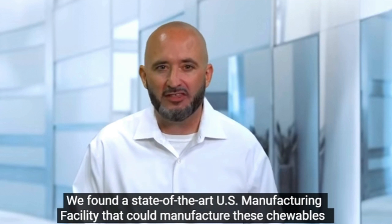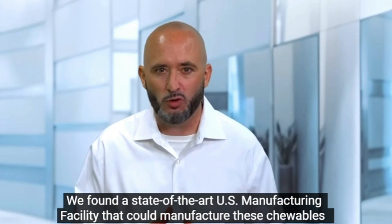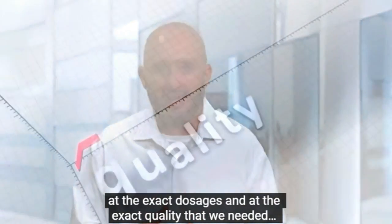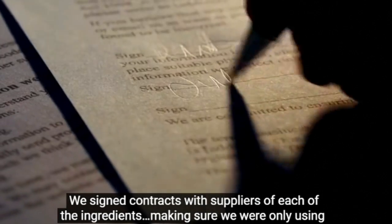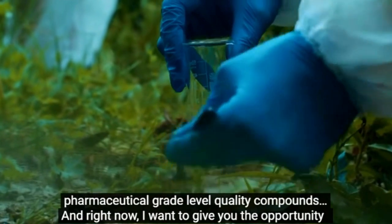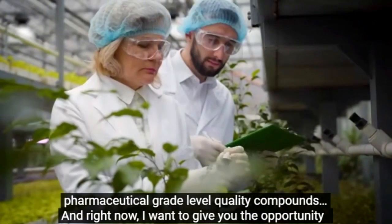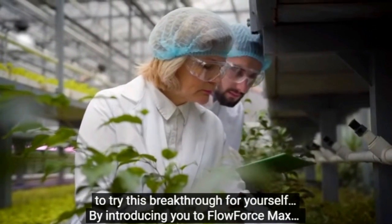We found a state-of-the-art US manufacturing facility that could manufacture these chewables at the exact dosages and at the exact quality that we needed. We signed contracts with suppliers of each of the ingredients, making sure we were only using pharmaceutical-grade level quality compounds. And right now, I want to give you the opportunity to try this breakthrough for yourself